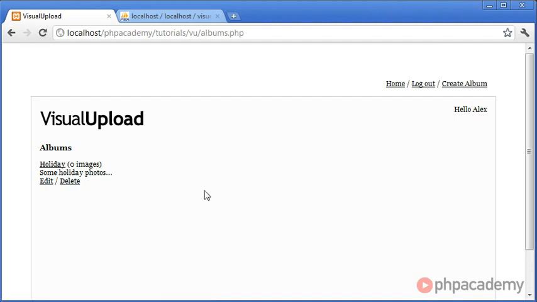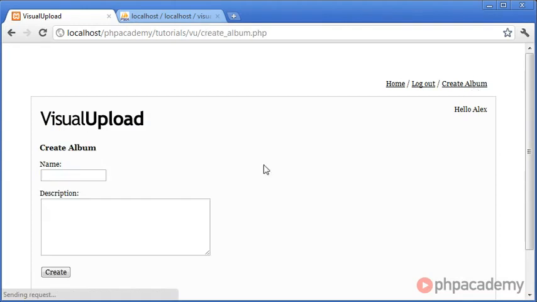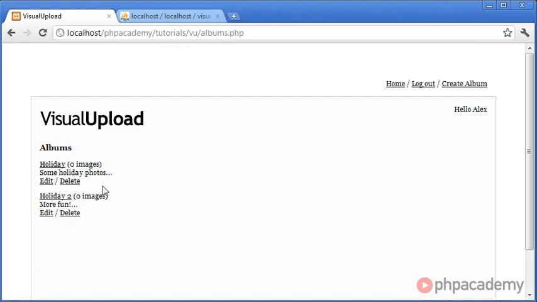So now we've listed the album, what happens when we go ahead and create a new album? Well, because this function that we've created returns many arrays for however many rows, I guess, were returned from this query, you'll see that when we go ahead and create a new album, let's say holiday 2, more fun, click create, and you can see that we just list another album after that. So however many albums we have, we're always going to have a consistent list of albums that we have on